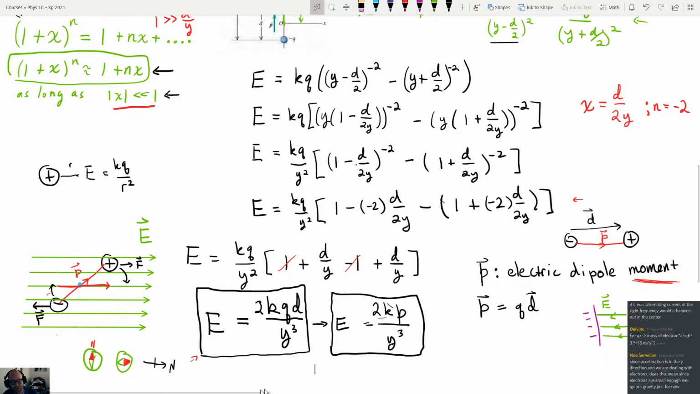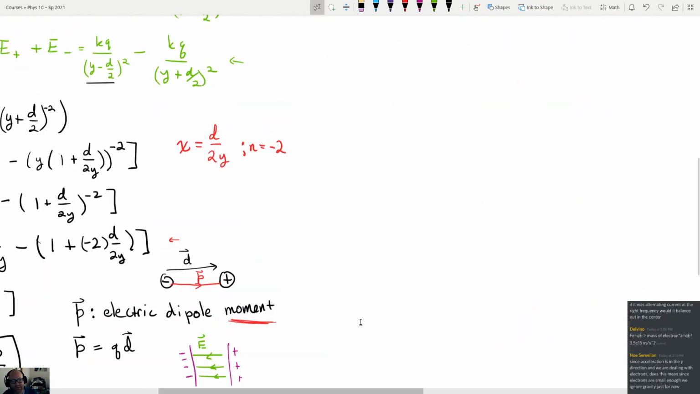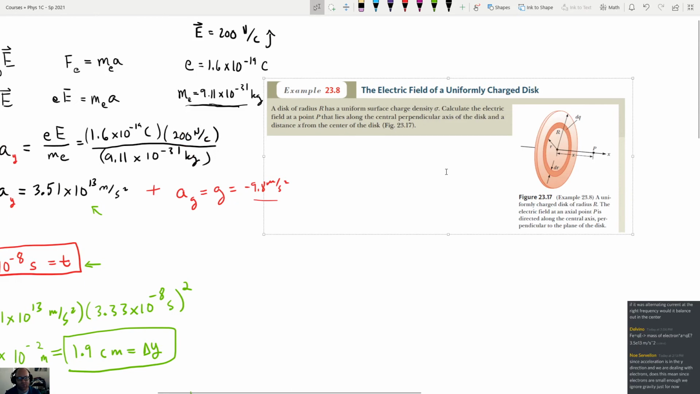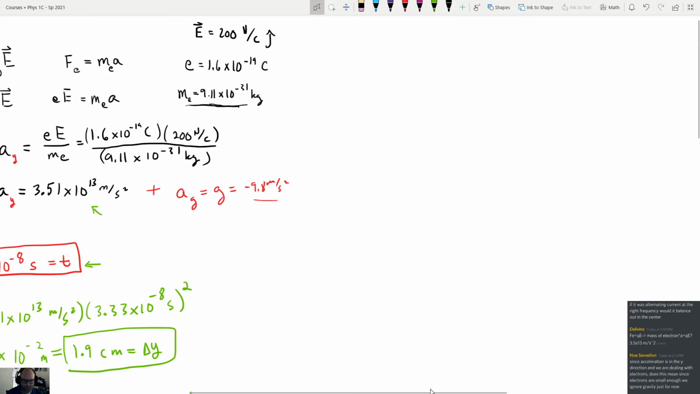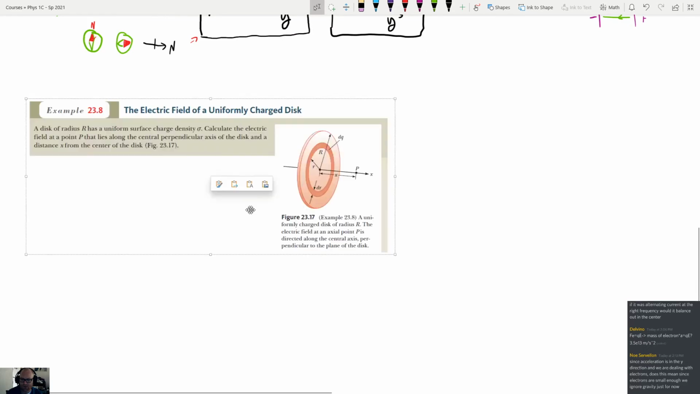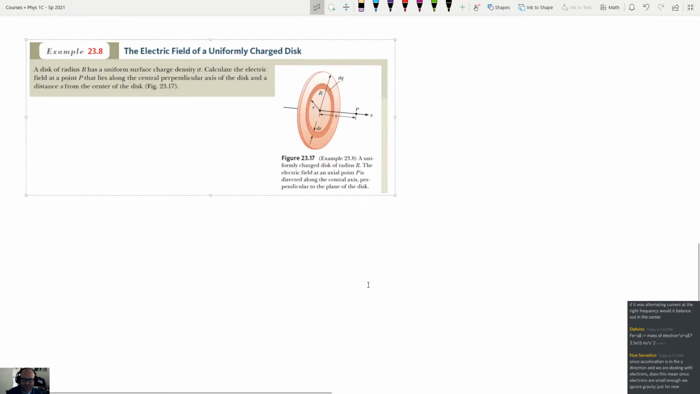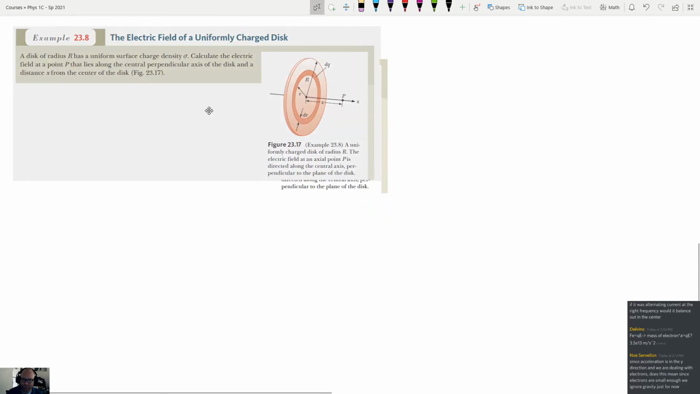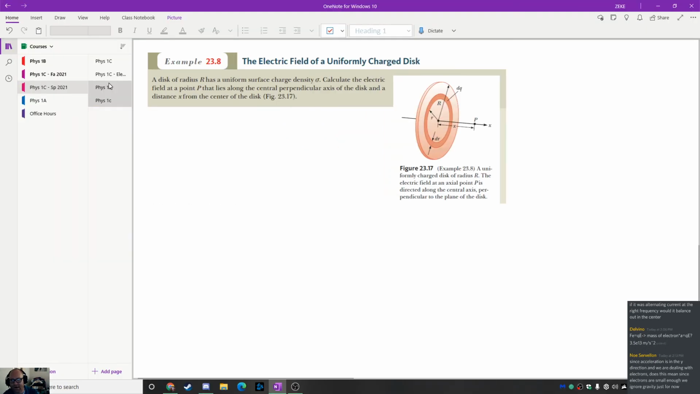So now we're going back to doing stuff similar to what we did at the end of last class, where we talk about continuous charge distributions. This is the one we're going to look at: the electric field of a uniformly charged disk. Now, to do this problem, we're going to need a result from the last class. So last time, one of the things that we did at the end of class